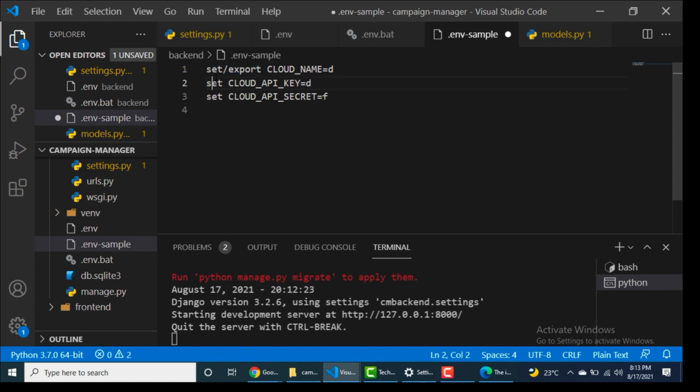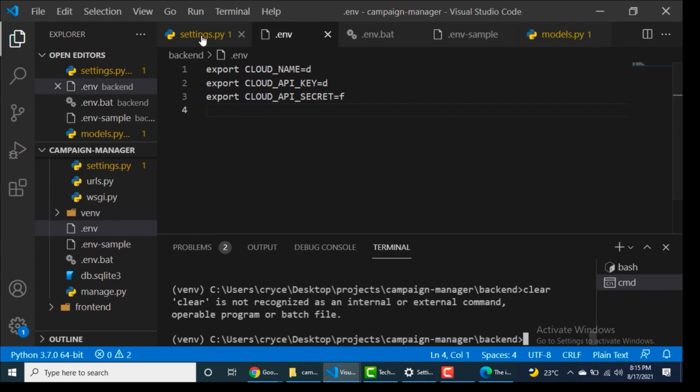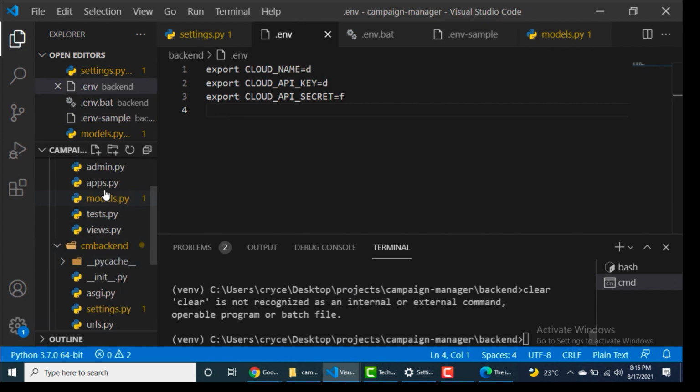But we can expand more on this from the README, just so people get to know what exactly they need to do. But for now, this is going to do. So let's have just some placeholders here and here. Okay. So now what you can do is in our models.py,